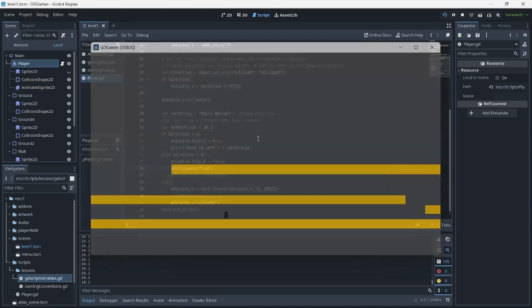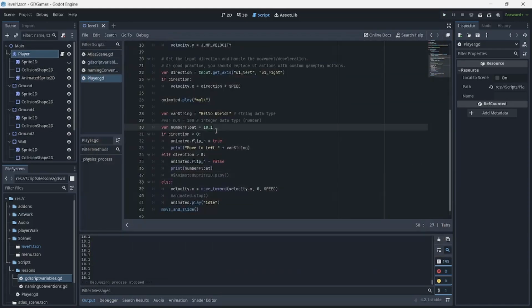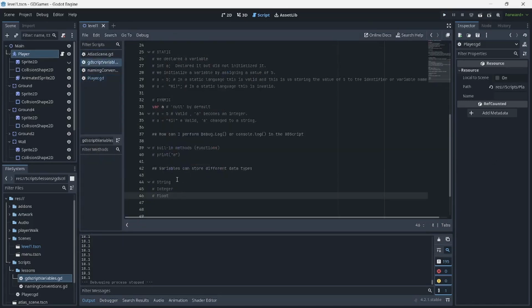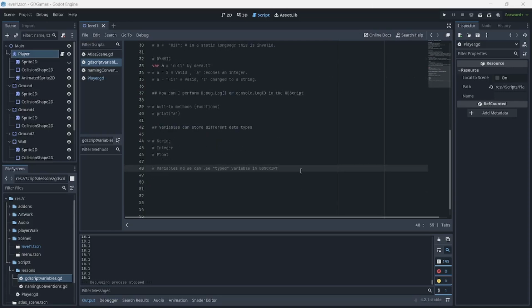Okay. And what happens if we... okay, so one other thing that we can try to look into here is that we can have variables, and we can use what we call typed variables in GTScript. So how is that going to be done? This is us limiting. We can limit the variable to only contain values of a specific data type.